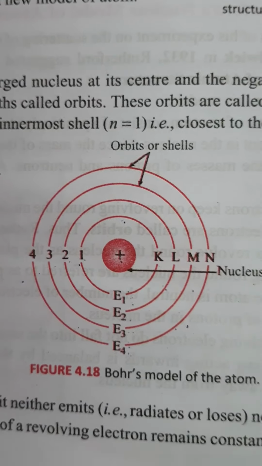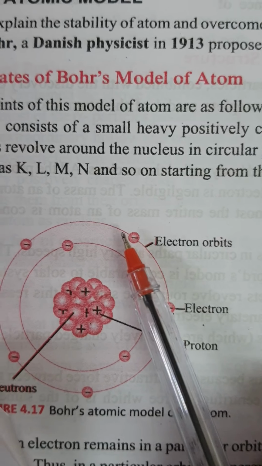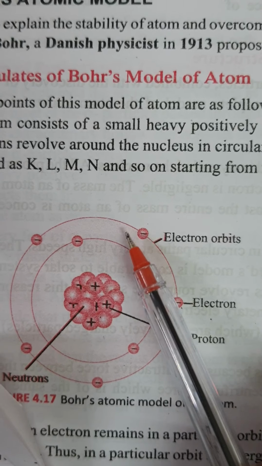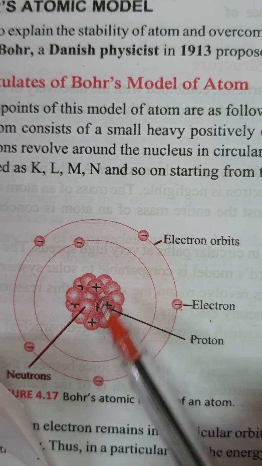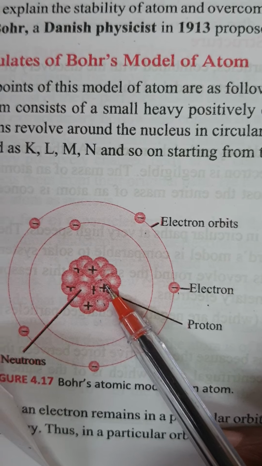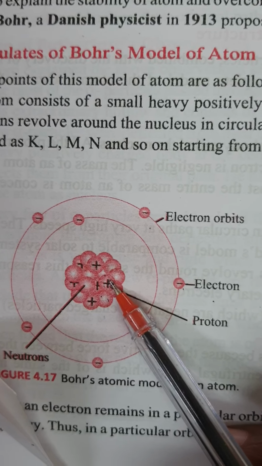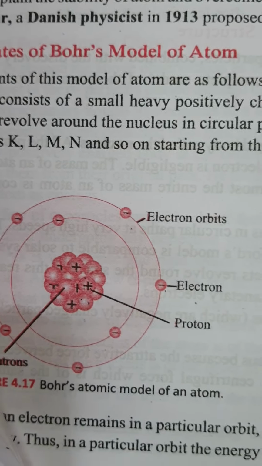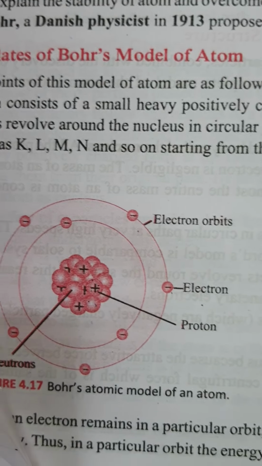According to Bohr, the atom is spherical. First point, the atom is spherical in shape. Positively charged protons and neutral neutrons are located at the center of the atom, and this center is called the nucleus. What is the first point? The first point is that the atom is spherical in shape. The second point is that the nucleus is located at the center of the atom with positive charges and neutral nucleons. This is the second point.